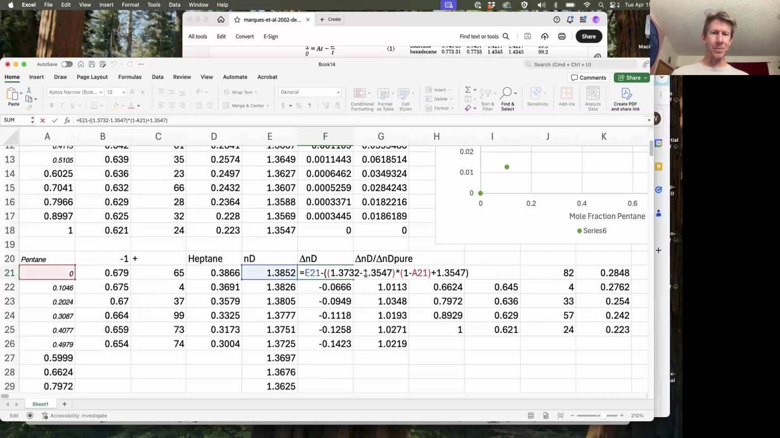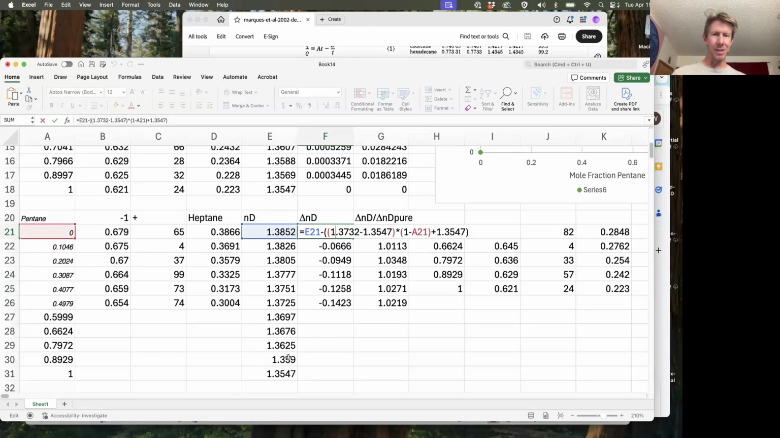All right, so now I can see that the 1.3732, that's supposed to be this number right here. The 1.3547, that's the same because we're still dealing with pentane and a mole fraction of 1 pentane. This is still the same. The 1.3547 is still the same. We're still going from 0 to 1, and the refractive index here is higher at 0. So all right, everything about this formula is the same as it was, except now I'm going to hit